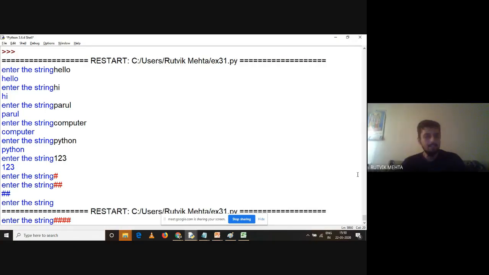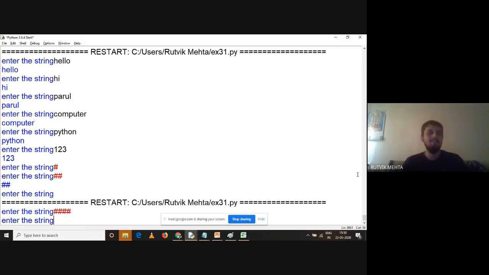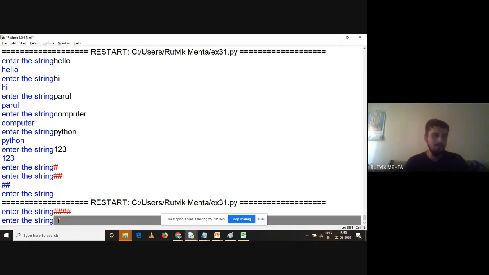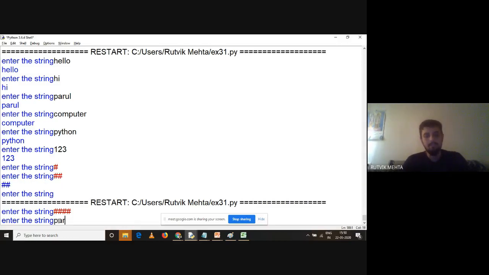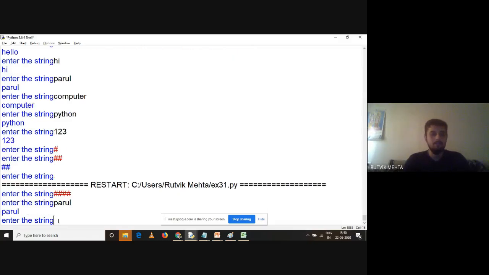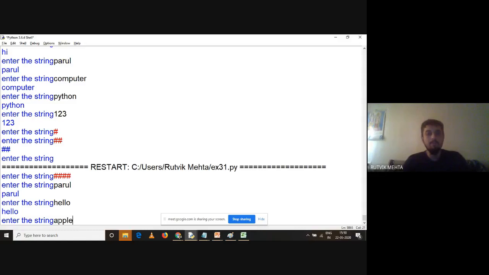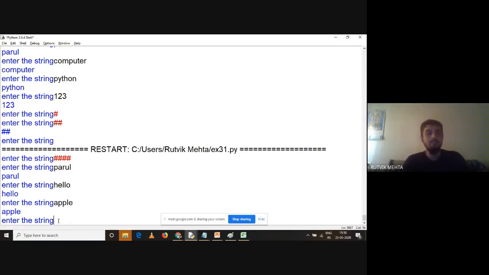So when I enter 4 hash over here, now see this, right? It is asking me for the string. So understand this. When I entered 2 hash over here, earlier it was printed, but now in this new program, it is not getting printed. Again, you can test it. Parul will be printed. Hello will be printed. Apple will be printed. So it is running continuously. Now I want to terminate it, right? यहाँ पे terminate नहीं हुआ था, मैंने rerun किया इसलिए automatic terminate हुआ. But I want to terminate the program and I want to get blast off at the end, right?